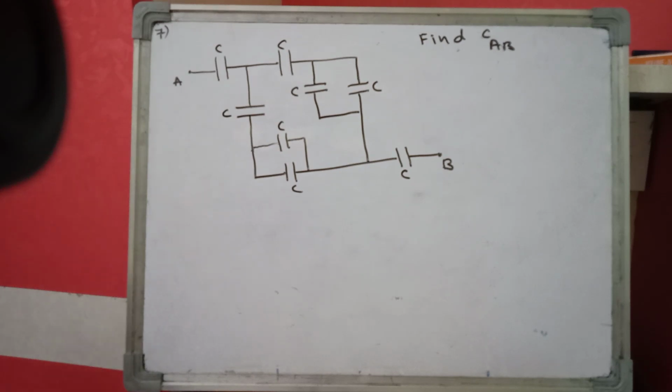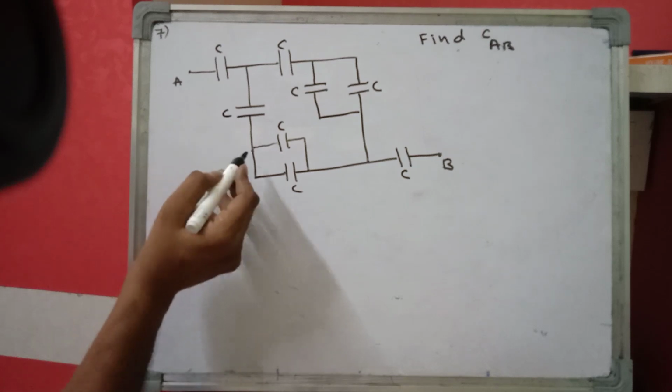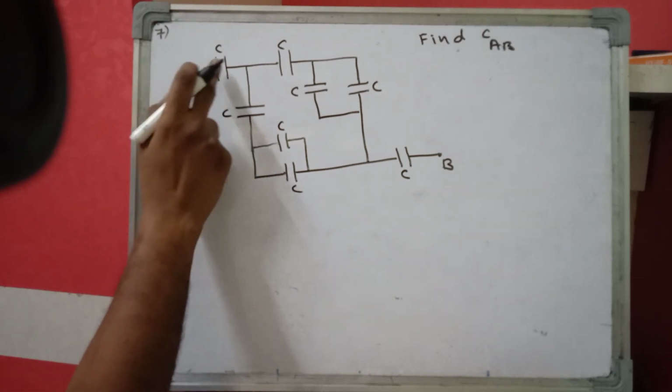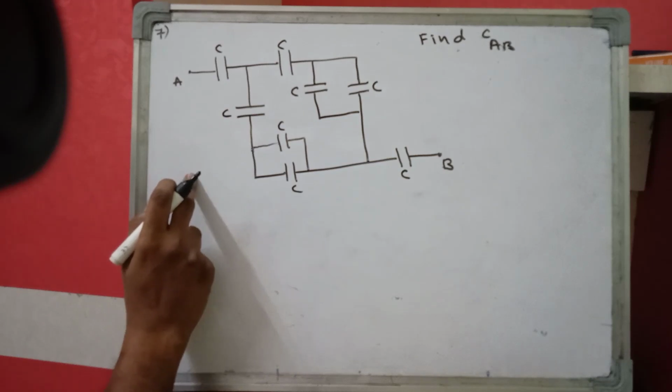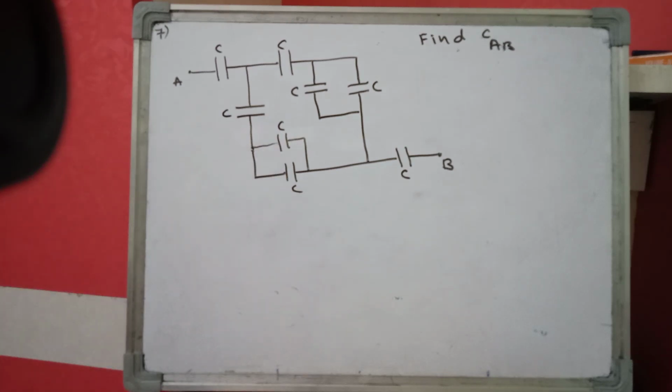I told you just now, while moving from one capacitor to another capacitor, if charge distribution takes place, then we can say that two capacitors are in parallel. If there is no charge distribution while moving from one capacitor to another capacitor, then we can say that two capacitors are in series. Now see, here does charge distribution take place or not at this point? Whenever you switch on the circuit, charge will flow along this direction. A current will flow along this direction. So here at this point, distribution of current or charge takes place. So we can say these two capacitors are in parallel.